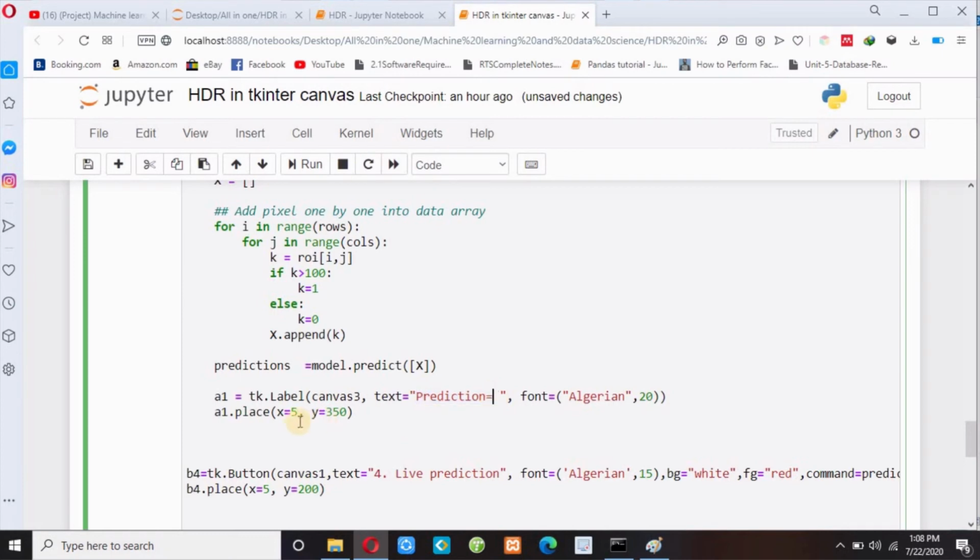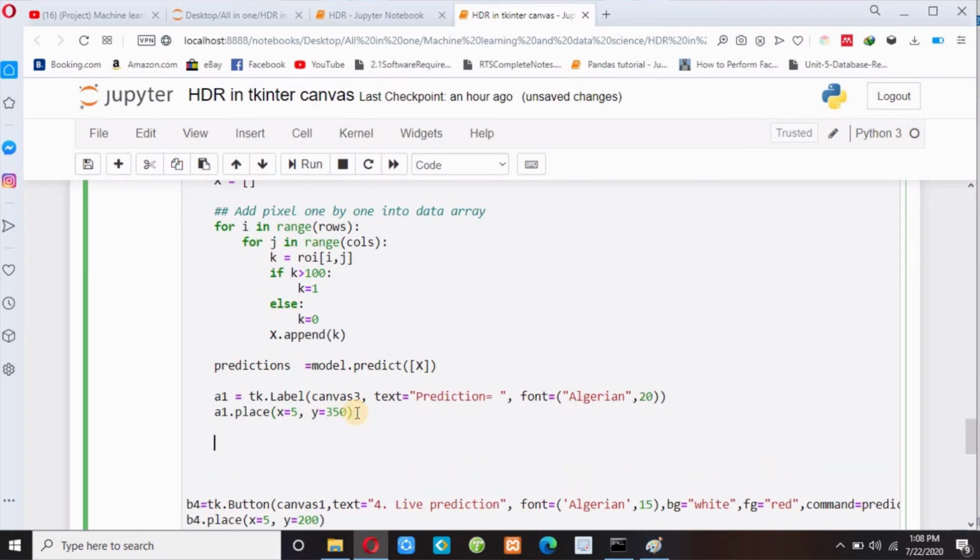So I have to write y equals a larger value of y, so 350, and then b1 equals tk.Label inside Canvas 3, text equals my prediction, which will come in the 0 index.